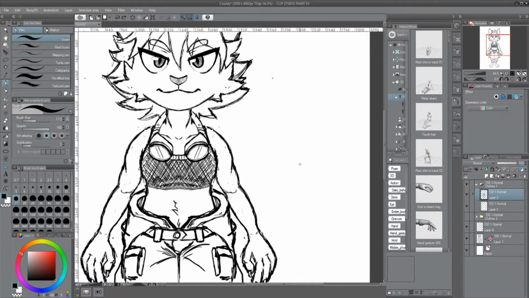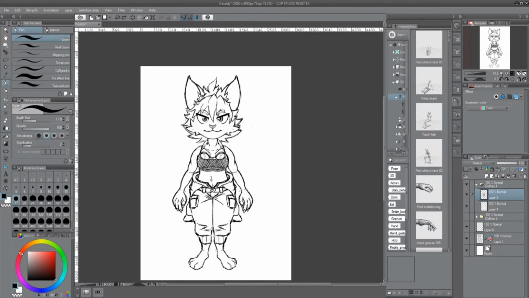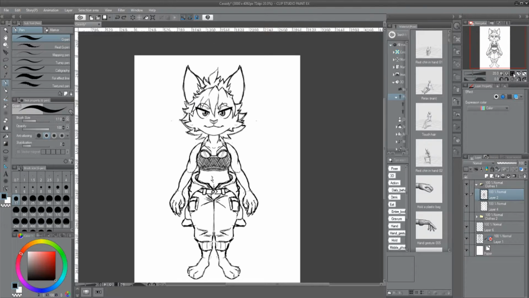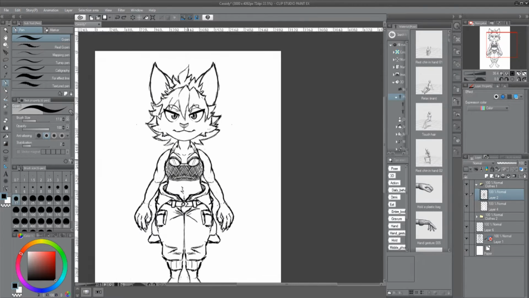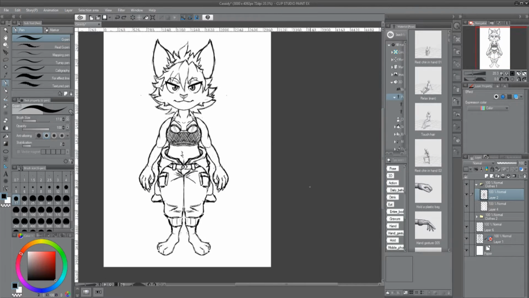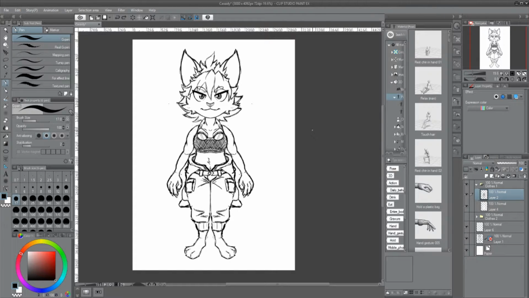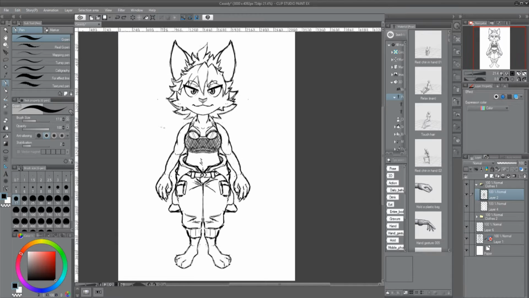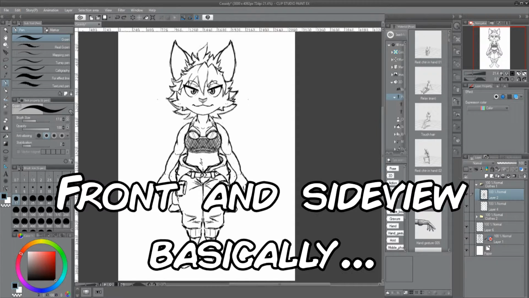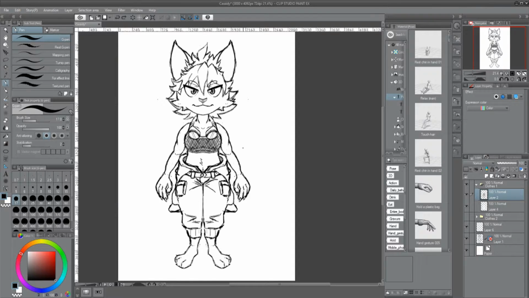But how I get around this is, if I just zoom out here, nope, that's not it. How I get around this is that when I draw the character initially, I'm talking about a concept where they're wearing different clothes, I drew the character, just the character's anatomy.